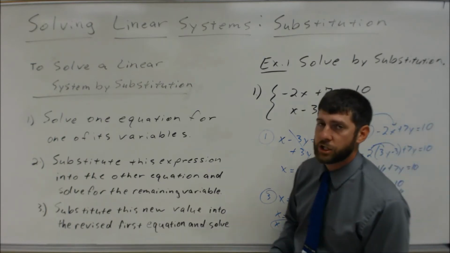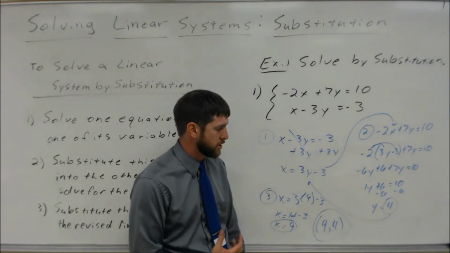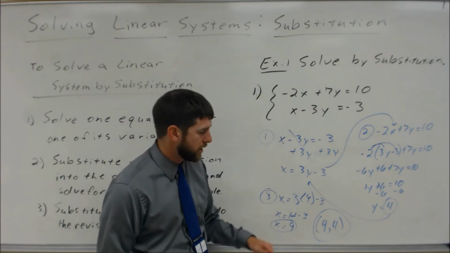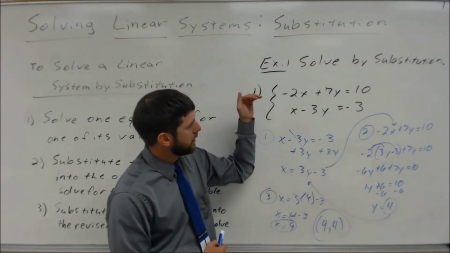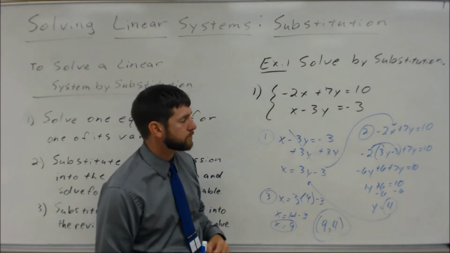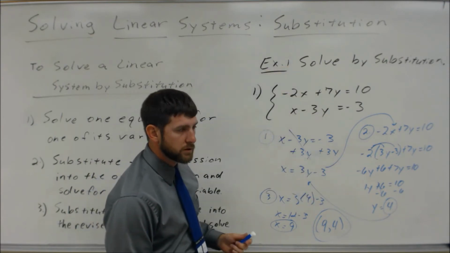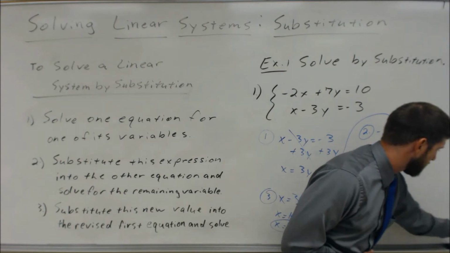I can always go back and check, like we looked at in the last lecture. How do I check to see if that actually is the solution to this system? How do I see if that is the one point where those two lines cross? Good, I will plug those numbers back in. So if we just did a little quick check,